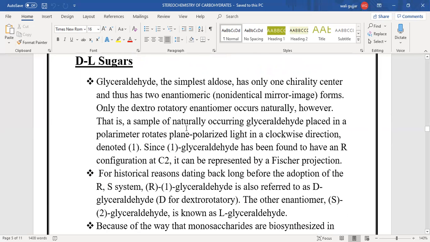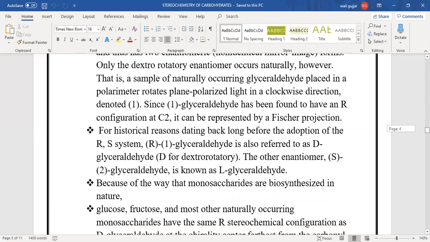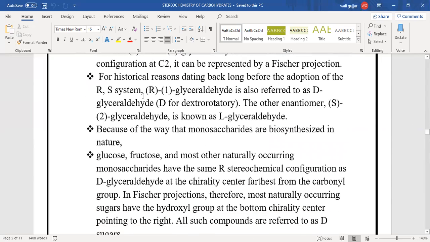However, if a sample of naturally occurring glyceraldehyde is placed in a polarimeter, it rotates plane polarized light in a clockwise direction, denoted plus. Since (+)-glyceraldehyde has been found to have an R configuration at carbon 2, it can be represented by a Fischer projection, for historical reasons dating back long before the adoption of the RS system. (R)-glyceraldehyde is also referred to as D-glyceraldehyde, D for dextrorotatory, and the enantiomer (S)-glyceraldehyde is also known as L-glyceraldehyde